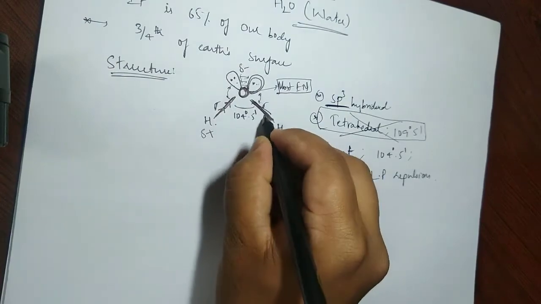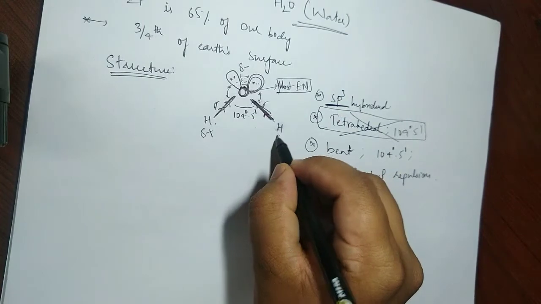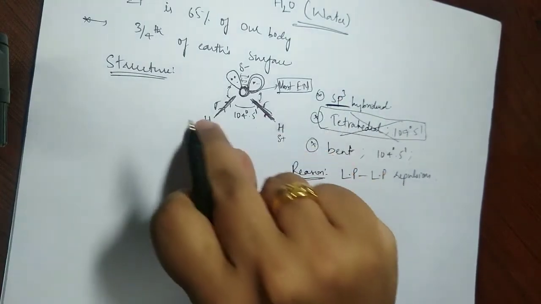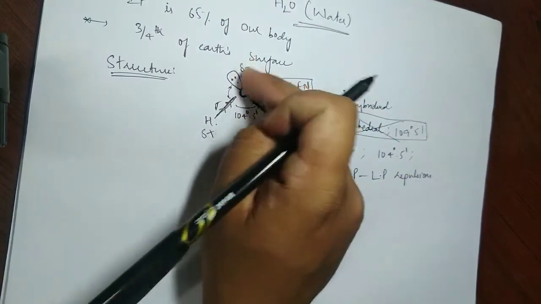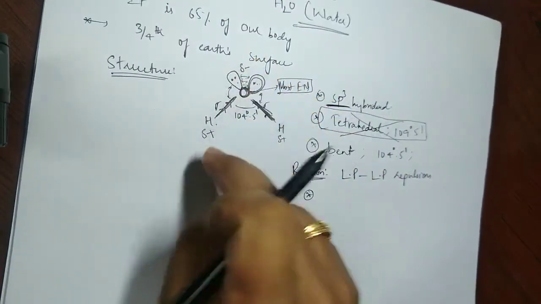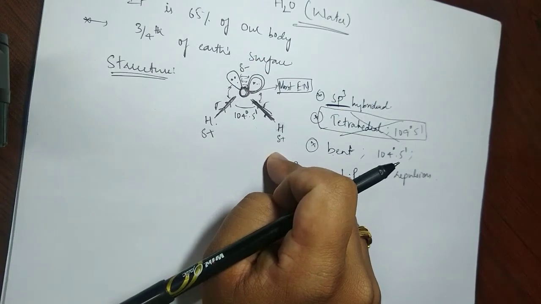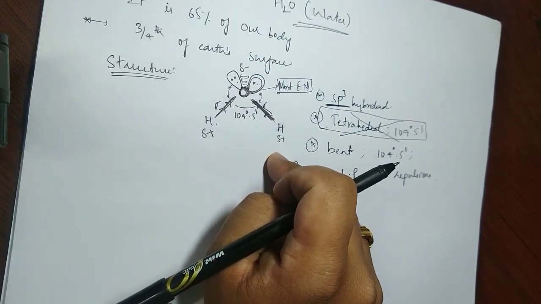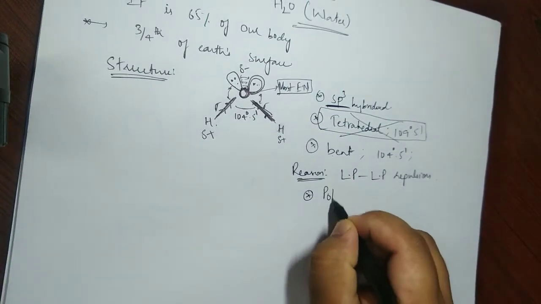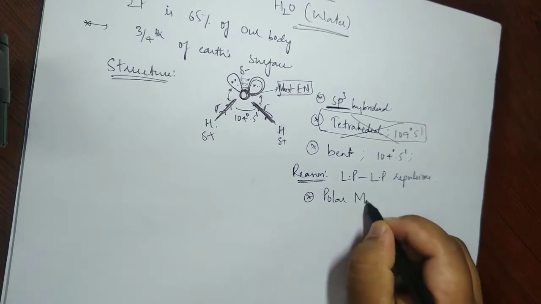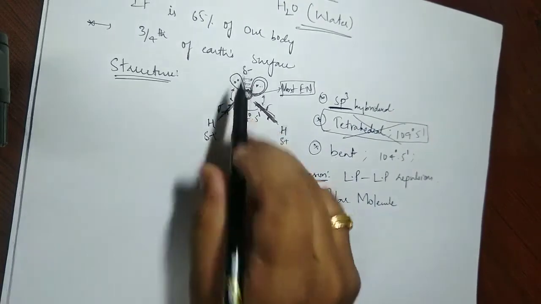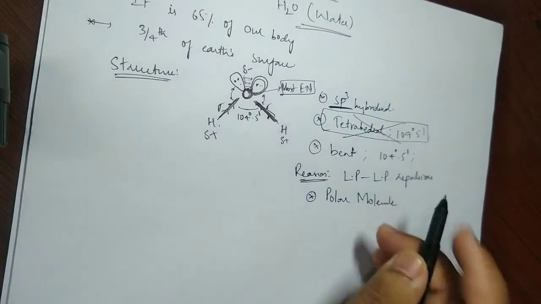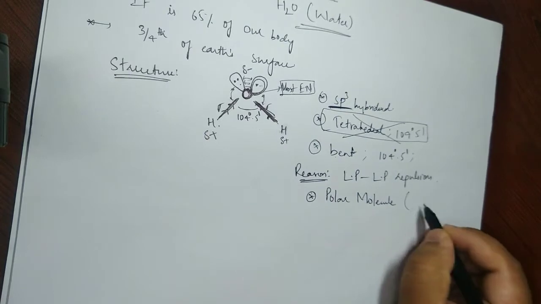The same way from this side also. When the electrons are pulled towards oxygen, it is partial negative, and this is partial positive. So from here electrons are going, partial negative on this, and from this side also. So it generates a more partial negative, and partial positive, partial positive. All right, so on the whole it behaves like a polar molecule. It has two poles, plus and minus. In fact it acts like a good polar solvent.